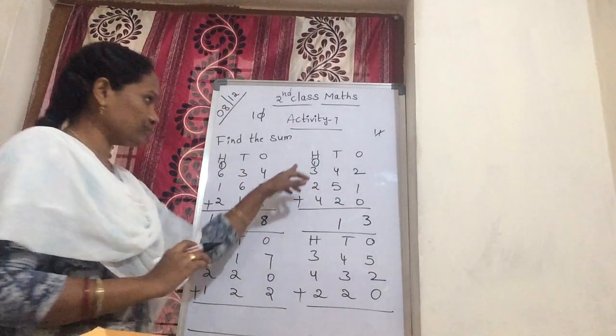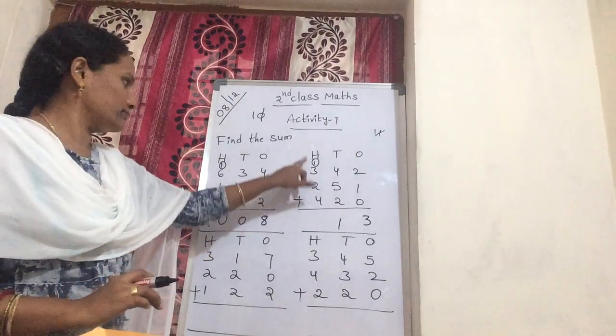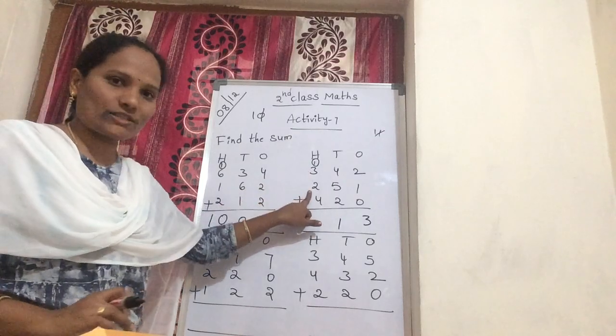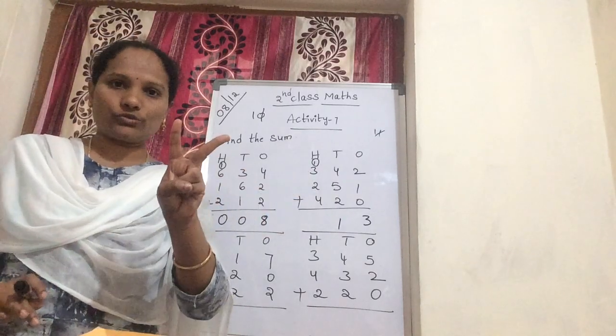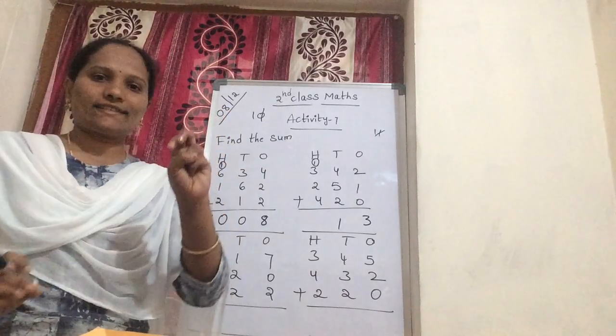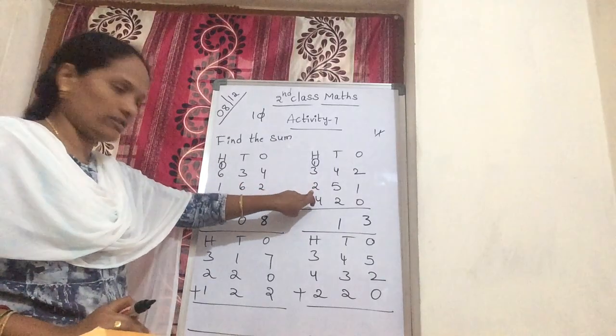Now next, again coming to hundreds. This carry is added to this number. Now 1 plus 3, 4. Now 4 plus 2. 4 after 2. 4 after what comes, Amma? 4 after 5, 6. You get 6. Up to here you have added 6.